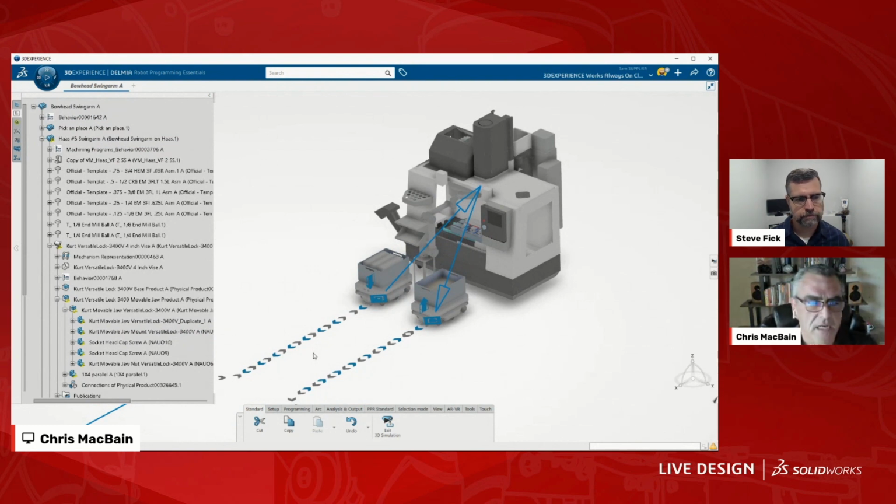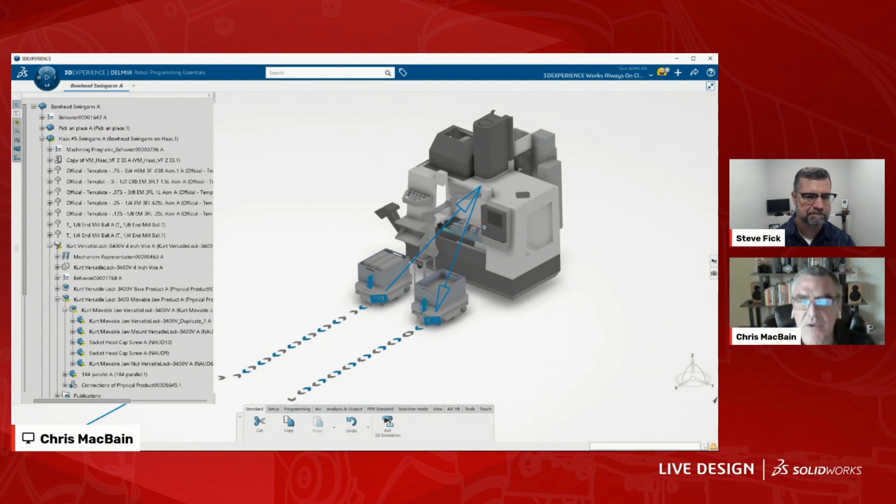These are all reports that, back in the day, we would print out. But now we have these things called dashboards. And on these dashboards, we have widgets, and I don't have any set up right now, but you can just say, show me the current state of these carts right now. How long is this taking? So it's a constant real-time update of what's happening on the shop floor. And there's a little bit of magic there with something called DelmiaWorks. Not a lot of people have heard of that yet. You guys on the line, trust me, you're going to hear a lot about DelmiaWorks in the coming year.